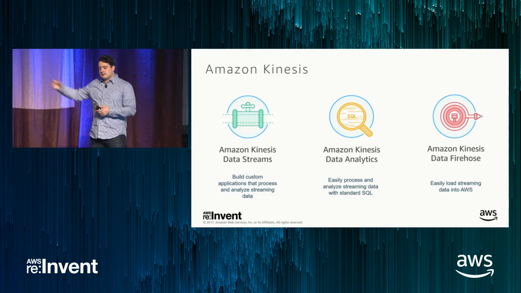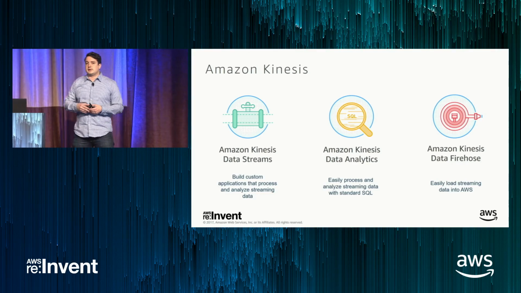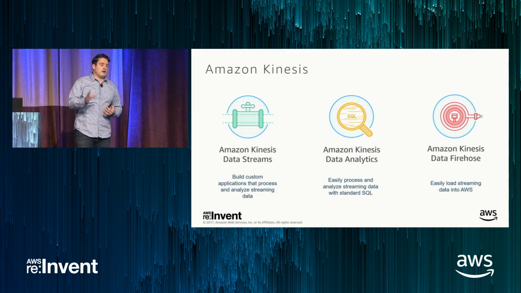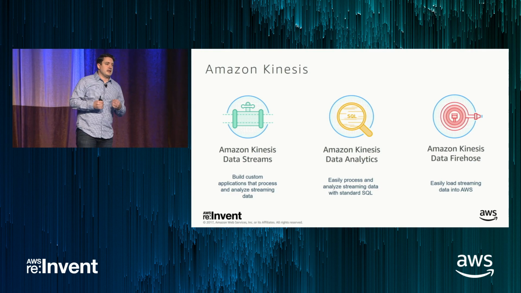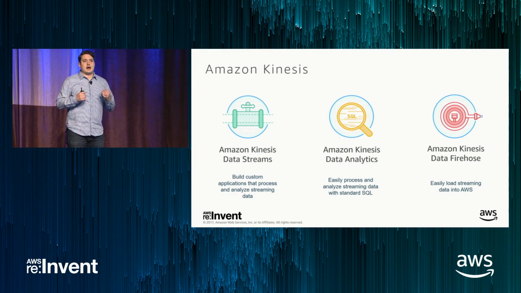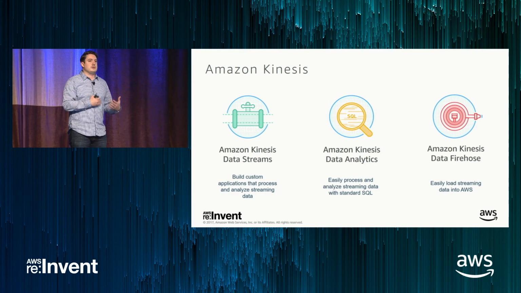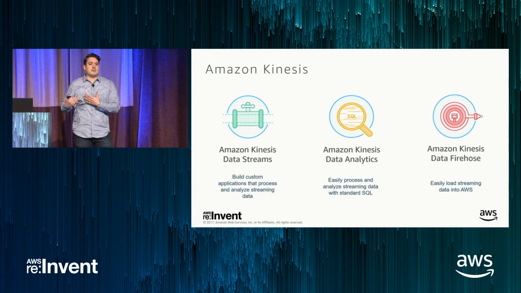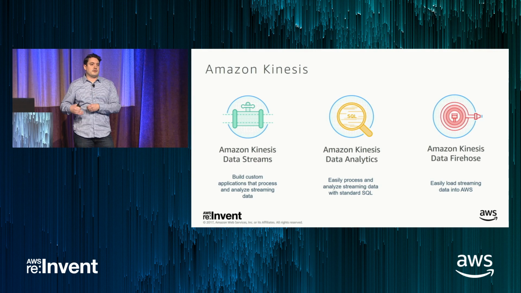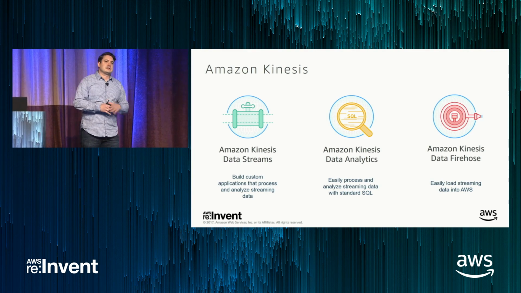On the far side, Amazon Kinesis Data Firehose was the second service we launched, right around 2 years ago. It takes one of the most common use cases for streaming data and makes it dead simple. And that is, I'm just trying to get a high volume stream of events stored durably to one of my persistent stores like Amazon S3, Amazon Redshift, or Amazon Elasticsearch Service with as little effort as possible.